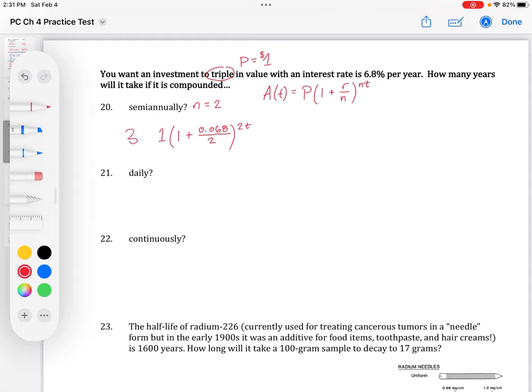Now, if you want it to triple, your amount after time is going to be 3. So we're trying to solve this for t. We want to know how long this will take. The reason I use $1 right here is because, sure, you could divide by 1, but you don't really need to do that. The next thing you need to do is figure out what this decimal part is before you move on. And if you plug that in a calculator,